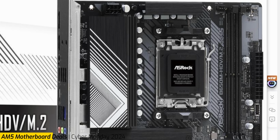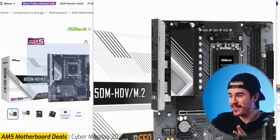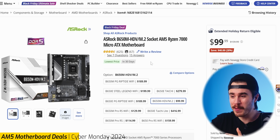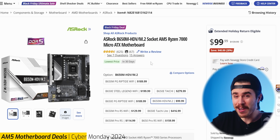No, you don't need those extra 2 DIMM slots. You aren't going to be going over 64 gigabytes of DDR5 memory for a gaming PC. This is going to offer the same performance as this, but it's going to cost about $15 less. So if you really want to make the most bang for your buck for a B650 motherboard, this ASRock one